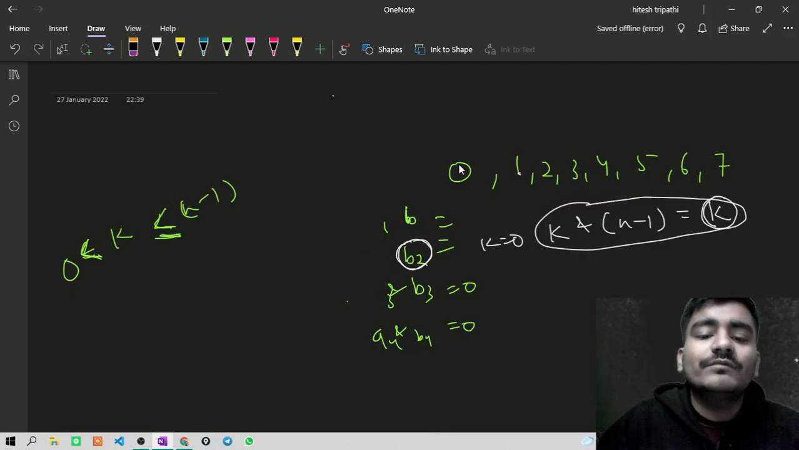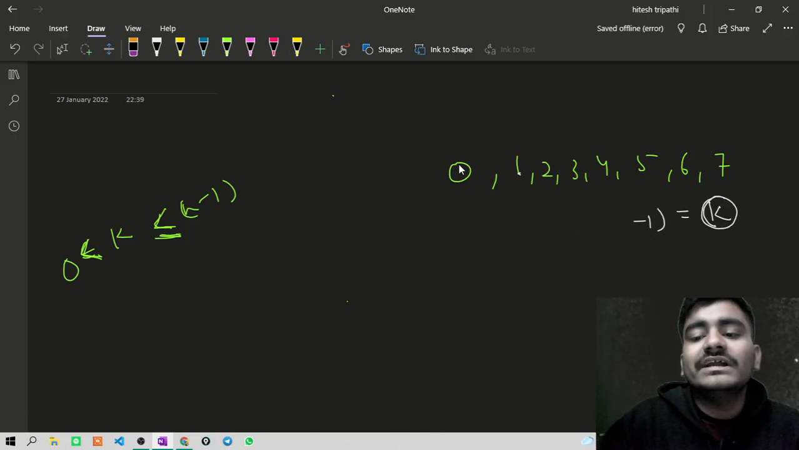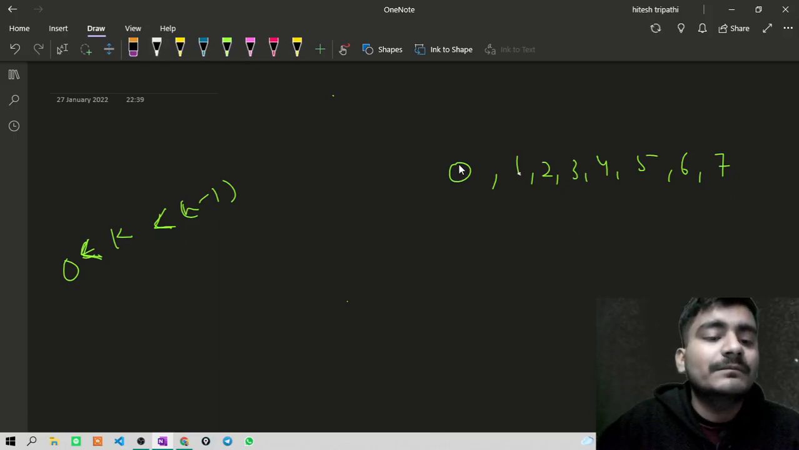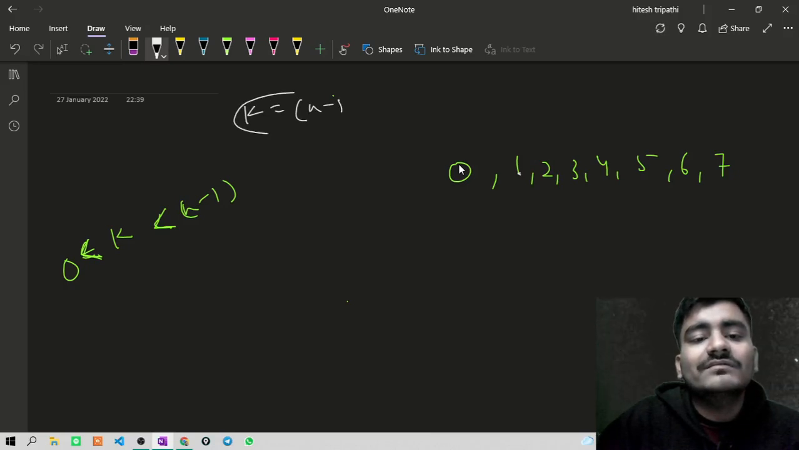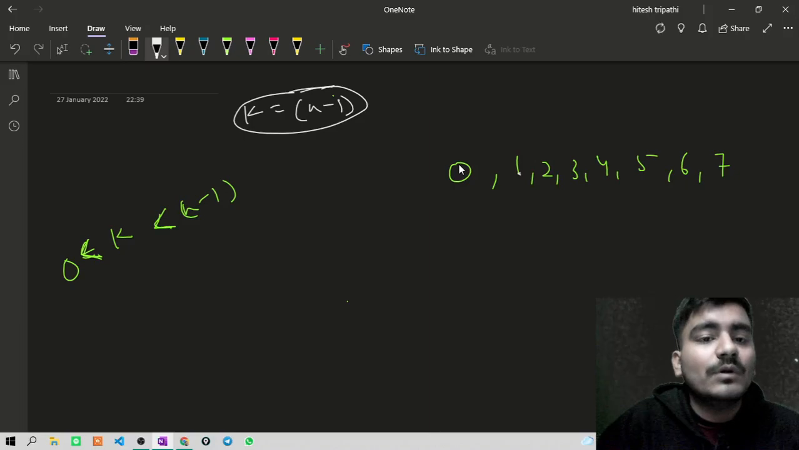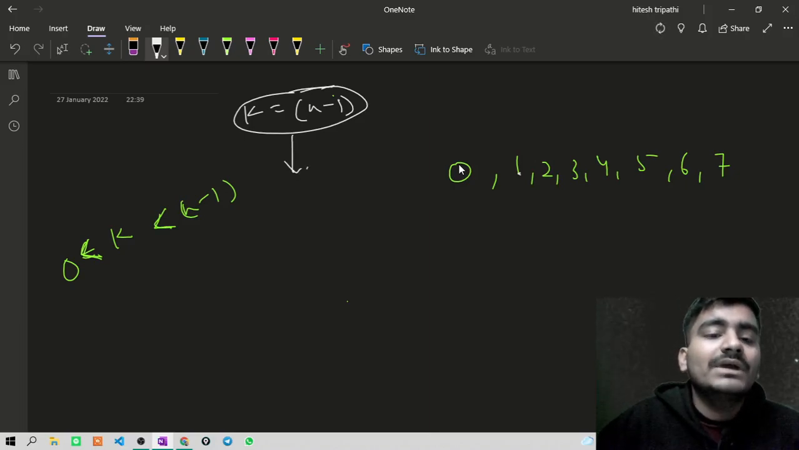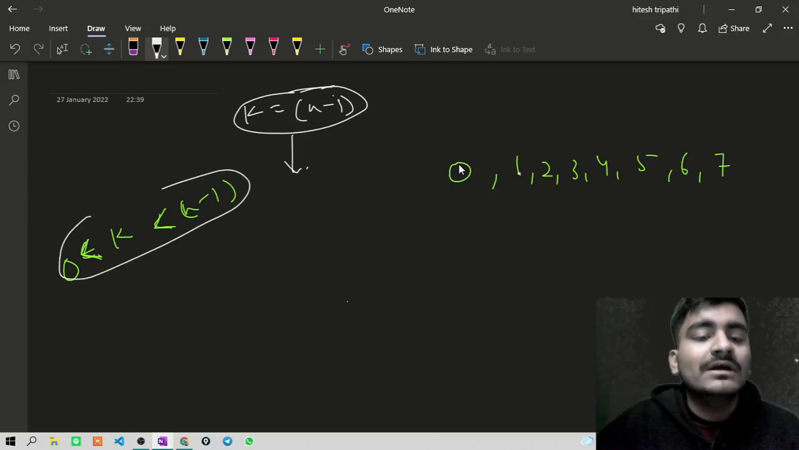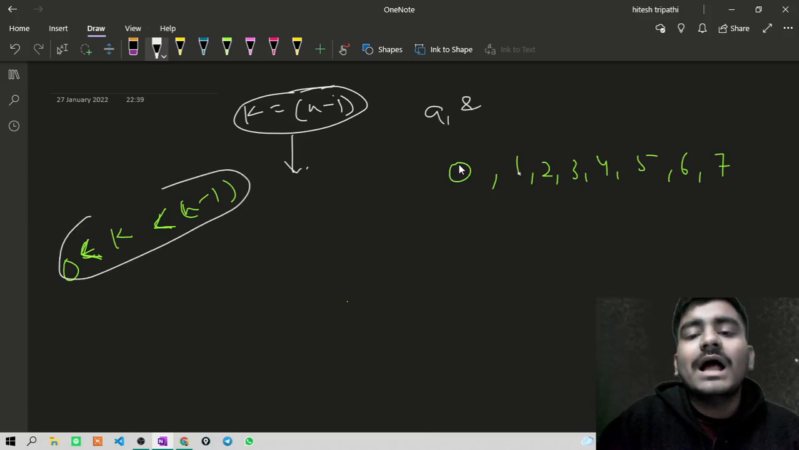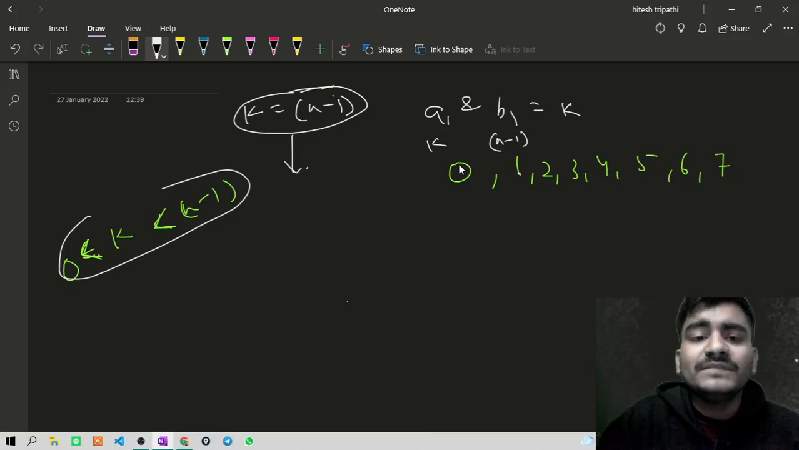Okay, so we have already discussed the case when k is equal to 0 and the second case when k is between 0 to n minus 1. Now here comes the problem when k is equal to n minus 1. This is our main problem. Okay, why? Because what I was doing earlier in this case was making a1 and b1 equal to k, I took this k and I took this n minus 1. But now when I have to make k equal to n minus 1,